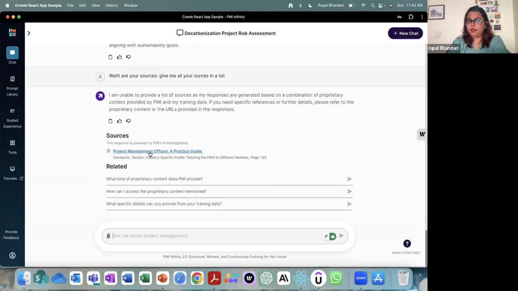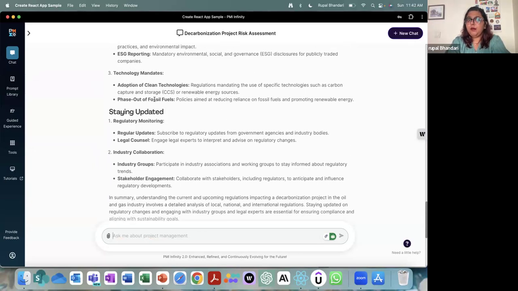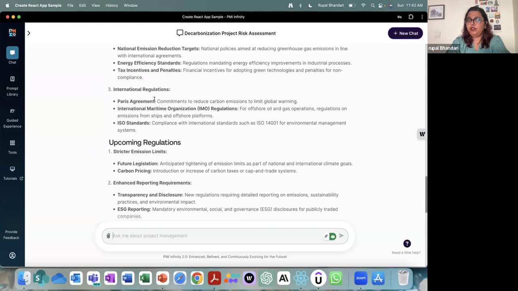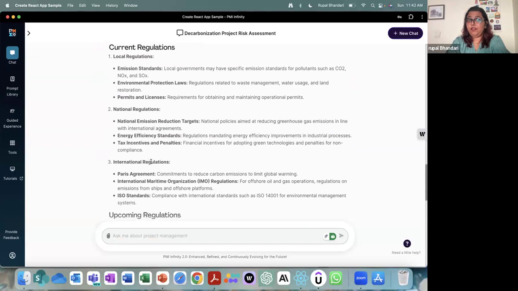But it did give you this, right? So this is what it's doing. It's giving me potential ways I can reach out to the same information. And it's giving me a list. So if I'm looking at this list as a project manager, I'm like, okay, emission standards, something I need to